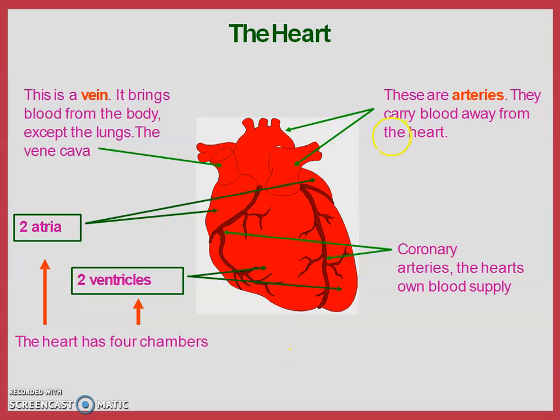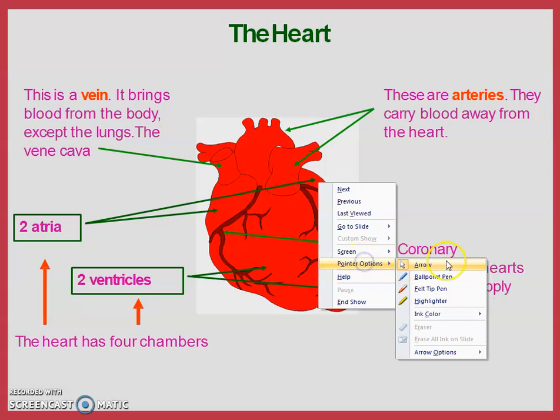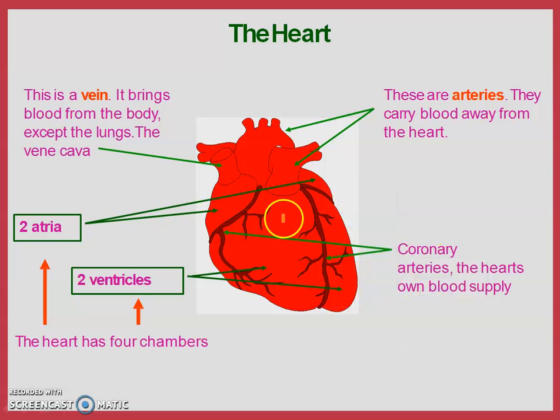So here you can see the two atria or auricles. The first auricle is this one. This is the right auricle. Here, on this side, is the left auricle. Then here this is the right ventricle and this is the left ventricle. Now the coronary artery is the artery which supplies blood to the heart and which takes impure blood from the heart into the veins, into the vena cavae. So: two atria and two ventricles.